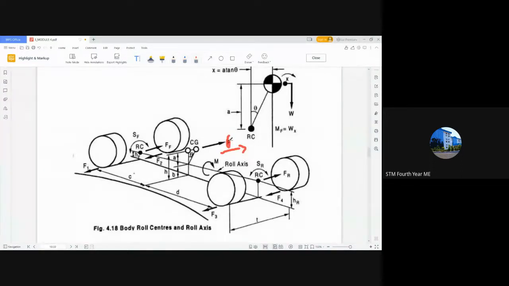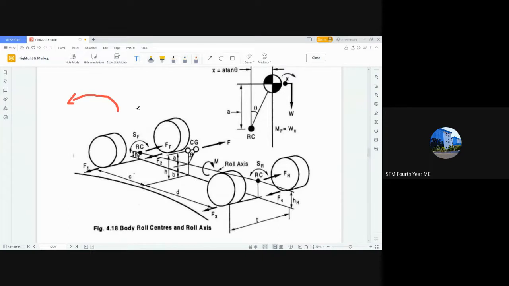When it is moving in that direction, due to Newton's third law, for every action there will be an equal and opposite reaction. So there will be a reaction occurring at the wheels in the opposite direction, and this reaction is the resultant for preventing the car from rolling over. If you are taking a curve at a permissible speed limit, say the speed limit of the curve is 35 kilometers per hour and you are going at 30 kilometers per hour,